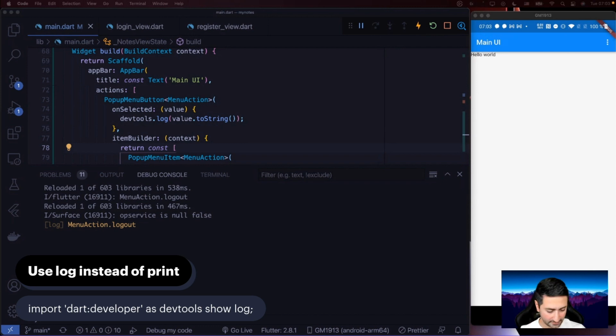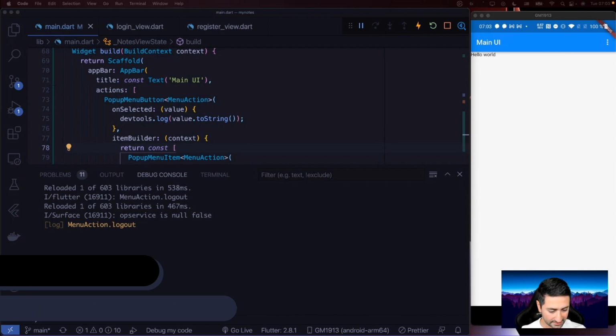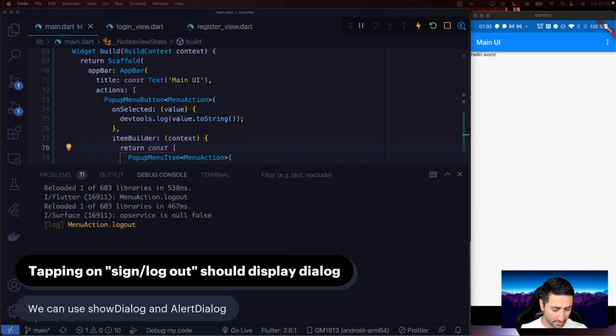All right, let's go now to the next item. So what we're going to do here now, we have the logout button here. So I'm going to tap on it. It says logout. We have that already present. What we need to do now is, upon pressing this item, we are going to display a little dialog to